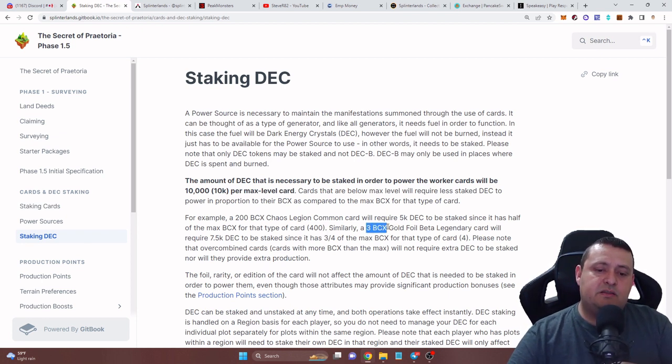So on a BCX gold foil legendary card, where you only need 4 copies for a max level card, if you have a 3 BCX card, it's still going to cost 7,500 DEC to have it staked. That means the staked DEC is always proportionate to how many cards you have compared to how many cards a max level has of that same card. You do your amount of cards compared to how many you needed for max level, and then you do the math against the 10,000 to figure out how much DEC you need